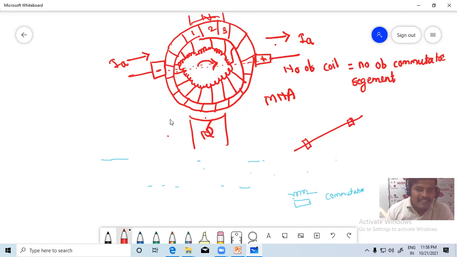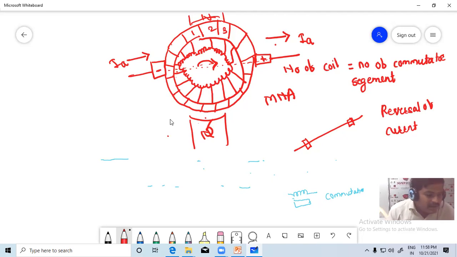When it changes from one pole to another pole, at that situation a reversal of current will happen. Okay, reversal of current will happen. Now this reversal of current is nothing but commutation. ही जी reversal of current असेल, it is nothing but commutation. This process is called commutation. त्या प्रोसेसला commutation process म्हणतात.